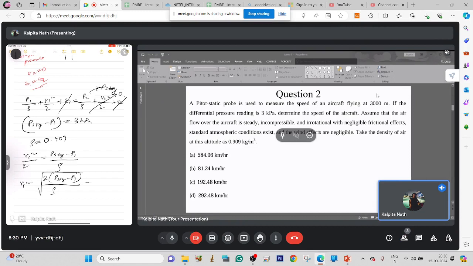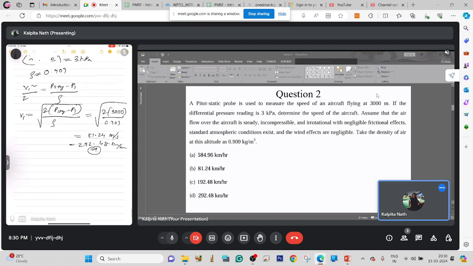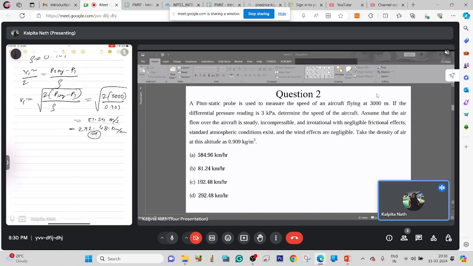So this is equal to root over 2 times 3000 upon 0.909. So this is equal to 81.24 meter per second. So this is equal to 292.48 kilometer per hour. So this is option D. Okay, so